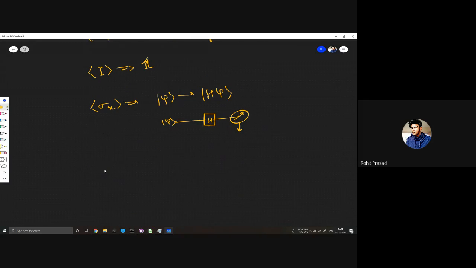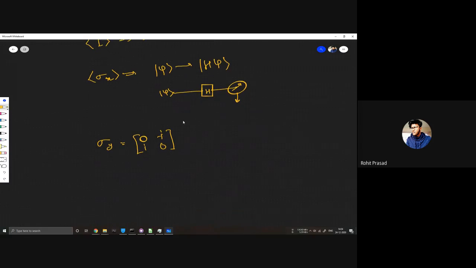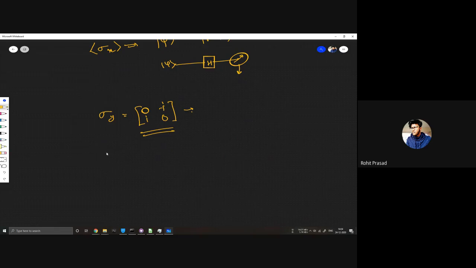For sigma y, it's a bit complicated. Like you have minus iota, iota, and 0. So I won't be calculating this one right here, but I will just be stating it. Okay. So this one, sigma y, can be written in matrix form as